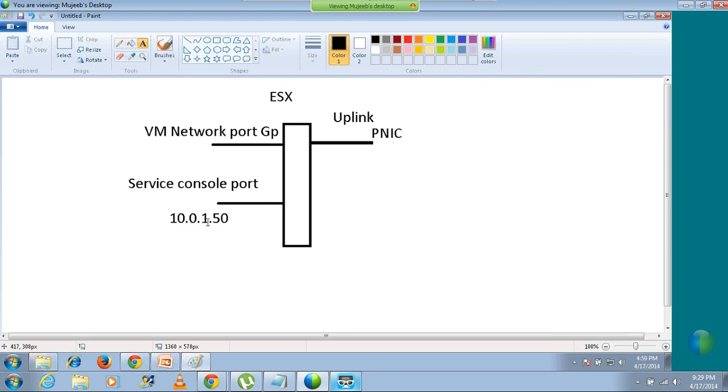This IP 10.0.1.50 which has been assigned to the ESX is actually being assigned to the TCP/IP stack of the Red Hat Enterprise Linux operating system running inside the virtual machine on ESX, and we are going to use this IP to manage ESX. Now let us assume that I have connected a virtual machine number 1 to this VM